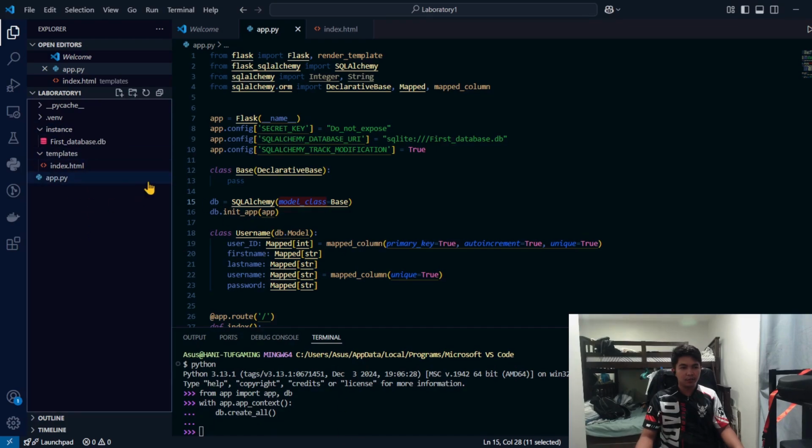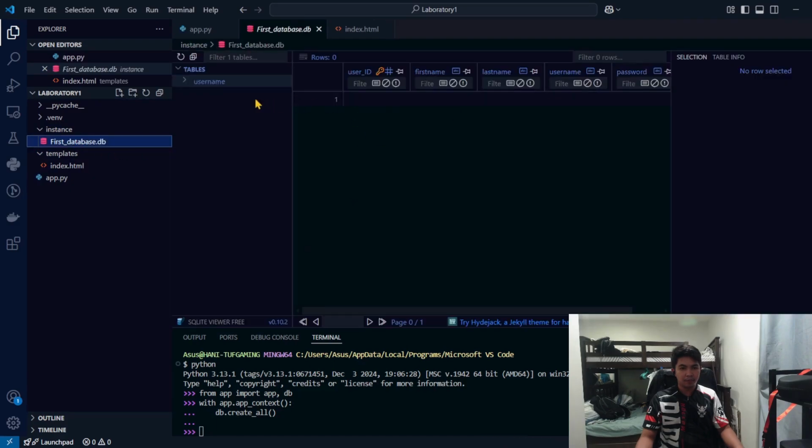That's it. We already have created our first database. As you can see, it has a key since it's the primary key for our user ID. Then its attributes are first name, last name, username, and password.